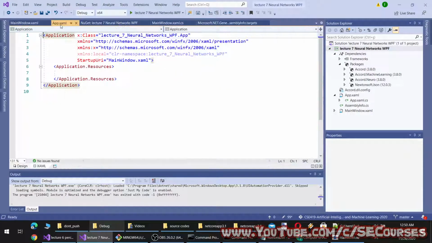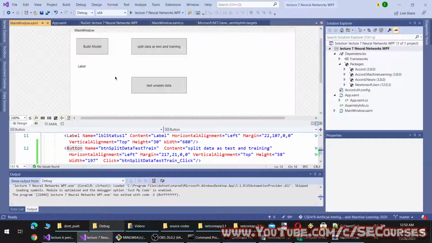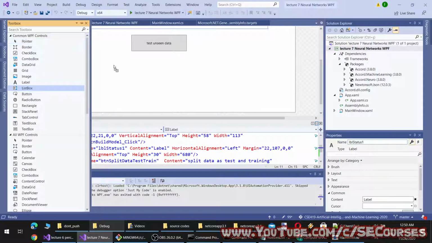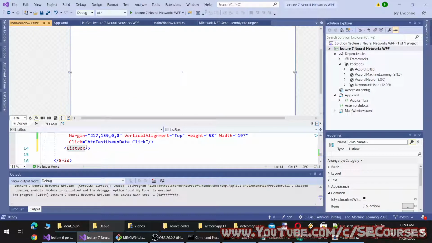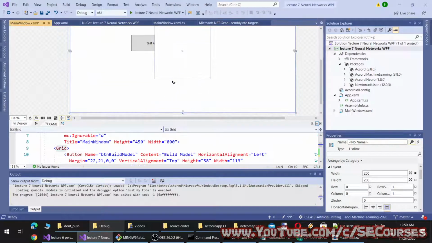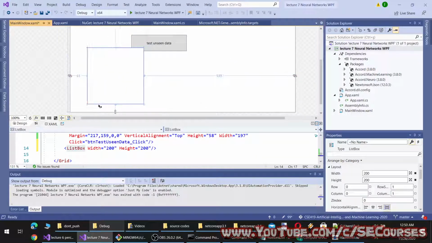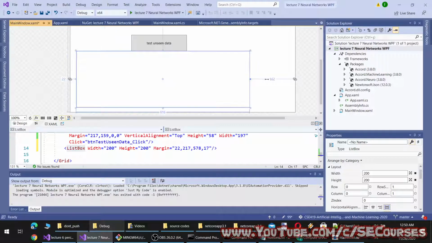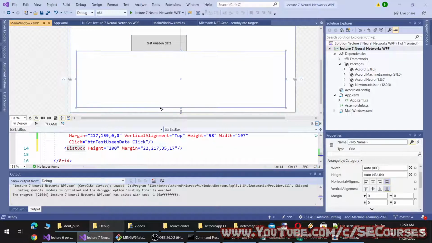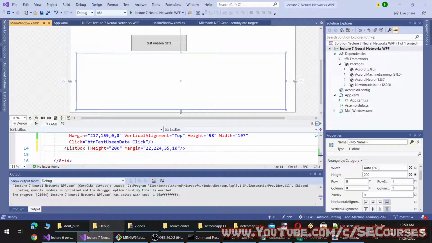Okay, so this time instead of using a label update, I will use a list box. Okay, and let's set this list box like this. This is not important, just to see that.